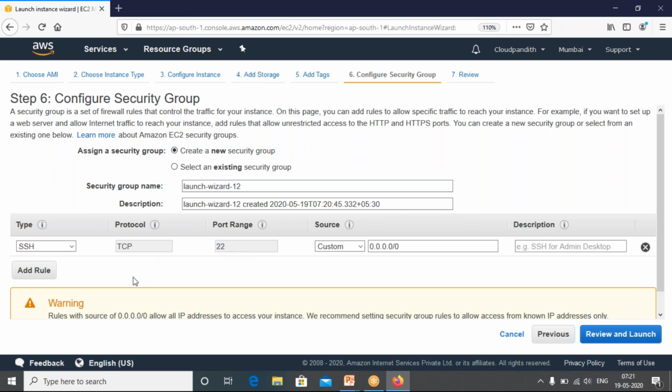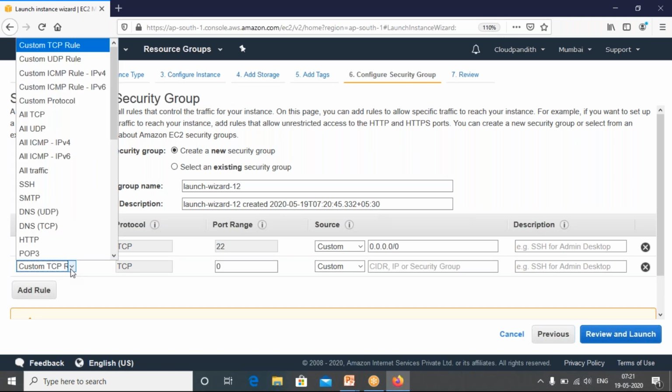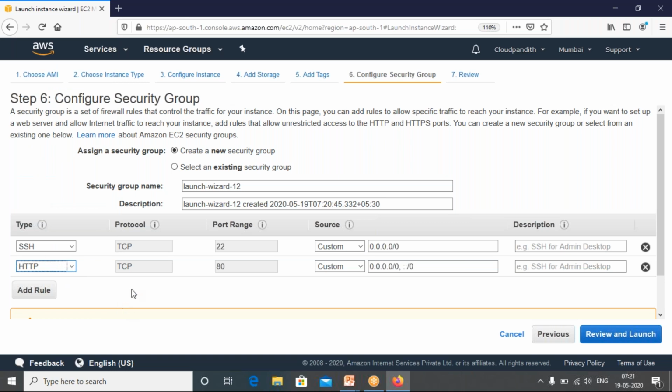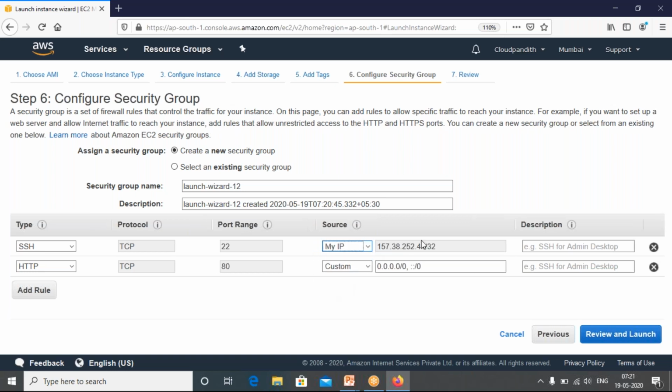Okay, but if you want to host your web application and if you want to access it, you need to enable something called HTTP protocol. Okay, so this is TCP and you need to enable the HTTP port, friends. HTTP port is port 80. Okay, this port you need to enable. So from which IP addresses you want to allow. So custom means only this one, or you want to identify your IP address and you want to access.